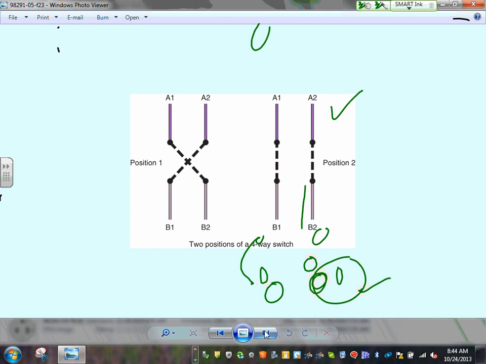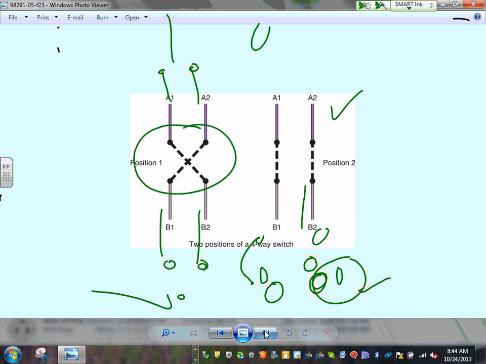So if I have a 3-way switch coming in here, tie these 2 together out. If I have another 3-way switch coming in here, tie these 2 together and out. Here's your 3-way and 4-way switches. Now, Derek and Adam and Matt, the reason why we have a 4-way switch is so you can get multiple locations